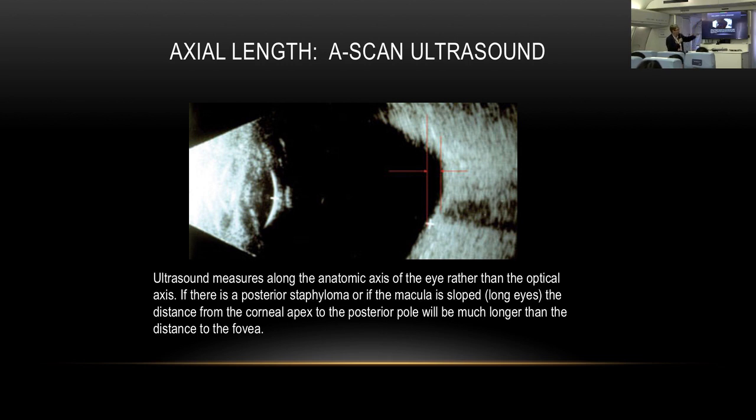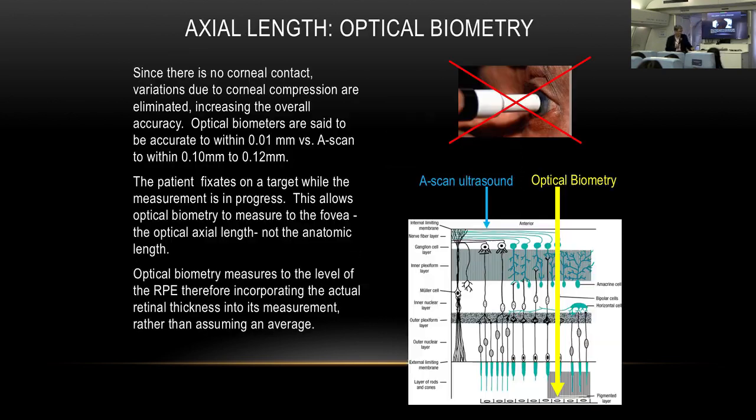And I think you can see that there would be a difference from here to the macula versus here to the axial pole of the eye. This diagram here on the right is an explanation of the difference between the A-scan and the optical biometry. In using the optical interferometry method, first of all, there's no contact with the cornea at all, so there's no chance of any kind of corneal compression. And optical biometers are said to be accurate to within 0.01 millimeters versus an A-scan, which is typically accurate to